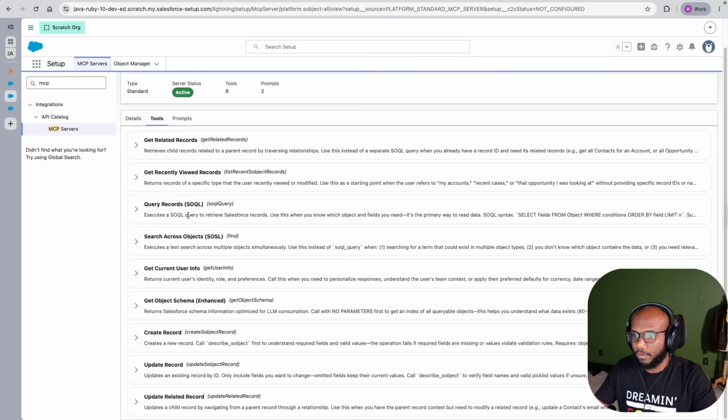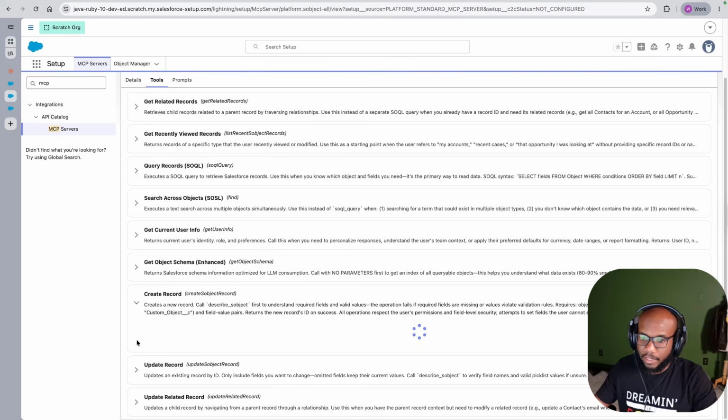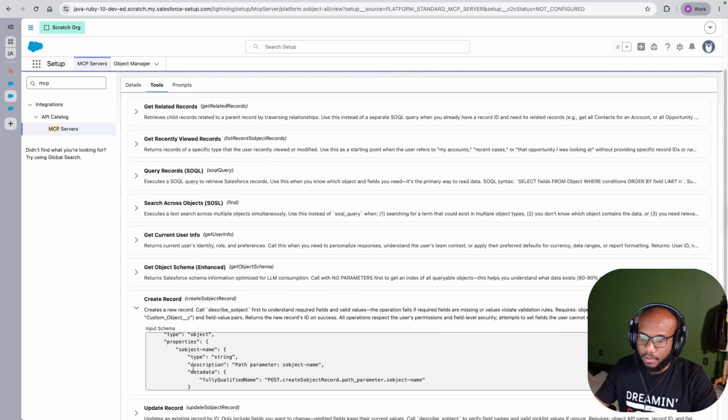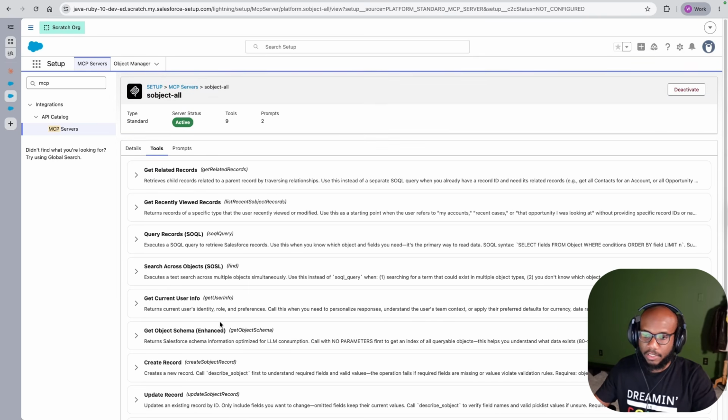Here's the super powerful ones, right? We've got SOQL queries and SOQL queries. Get user info, and a lot of these are very powerful. We can even update records down here and create new records. All of these are the things that our agents are going to be able to do, and it's worth reading